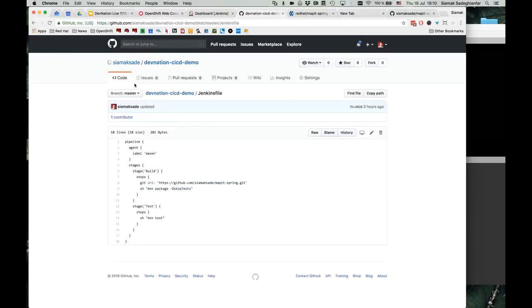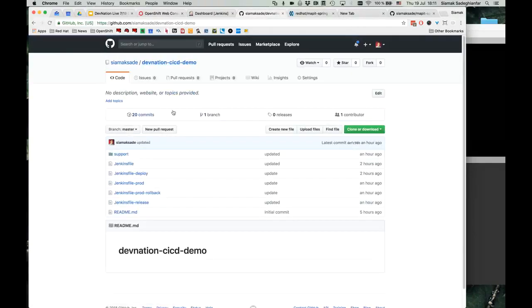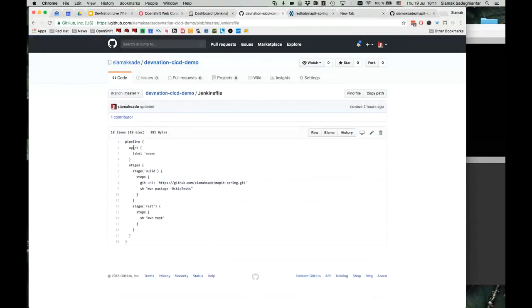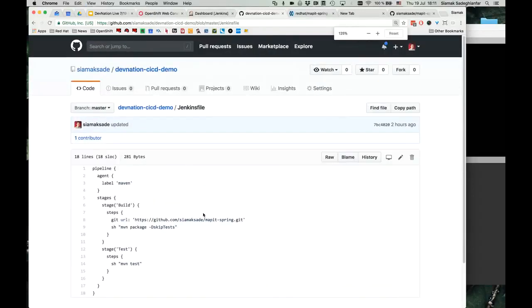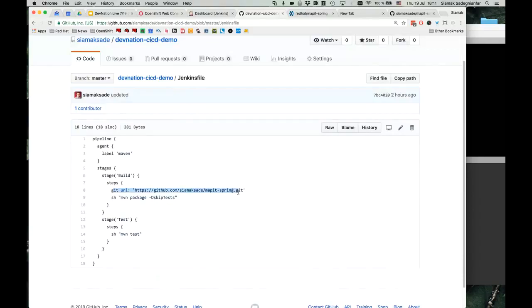I have already created a GitHub repo where we want to keep all our pipeline definitions. Like I said, everything as code. We don't want to keep anything as a runtime configuration. So we have a basic pipeline using Jenkins declarative syntax, quite straightforward. It says clone the source code from the repo that we just deployed, run a package, and then run the tests. So let's create a pipeline using